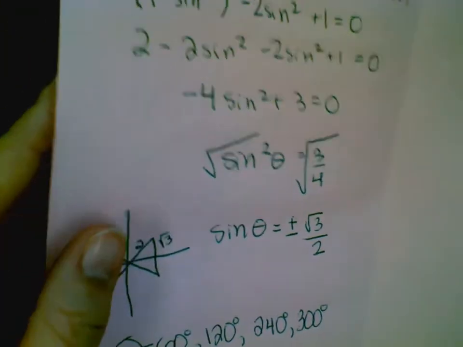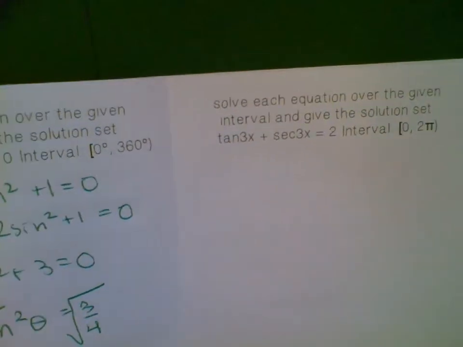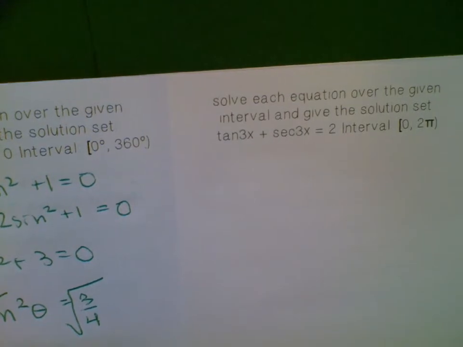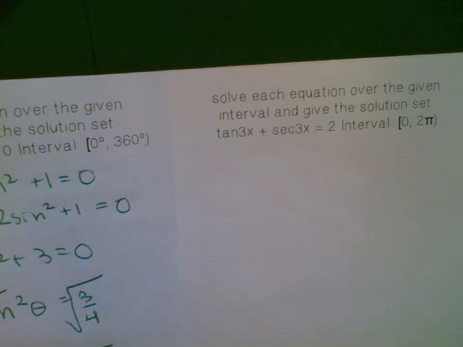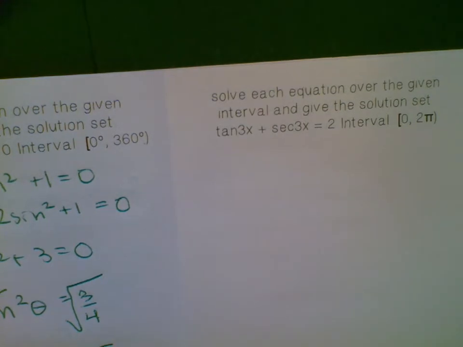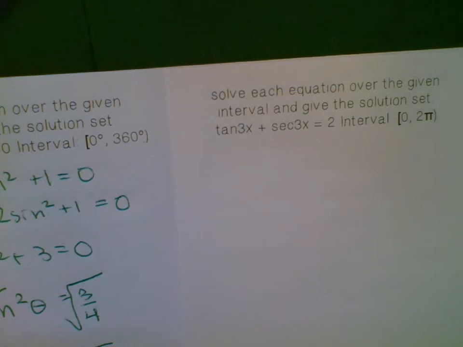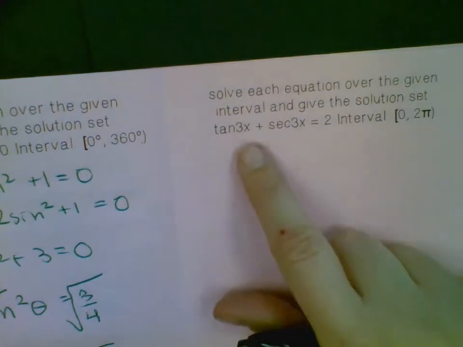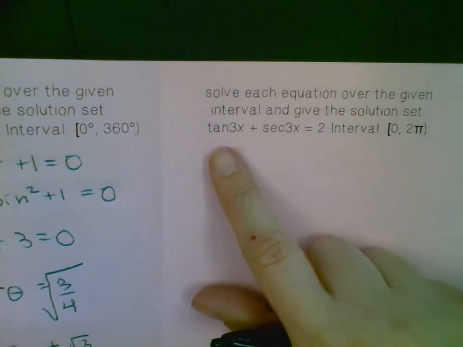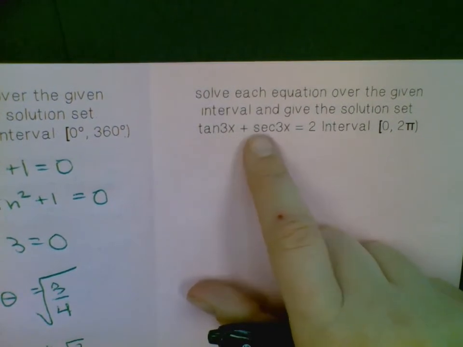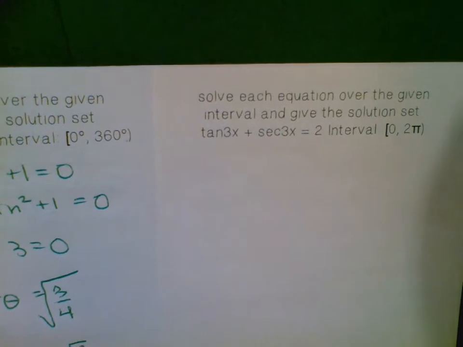Okay, good job. So let's take a look at our next problem here. So this is kind of like our problem that we had in the last set of notes, in that it's secant and tangent. So we need to square them like we did to get them to be the same function. But remember, we have to FOIL it out. So if we square this side the way it is in FOIL, then we're still going to have some pieces that are not squared,